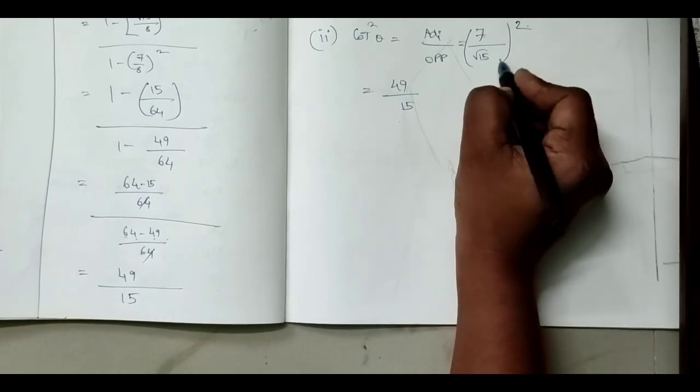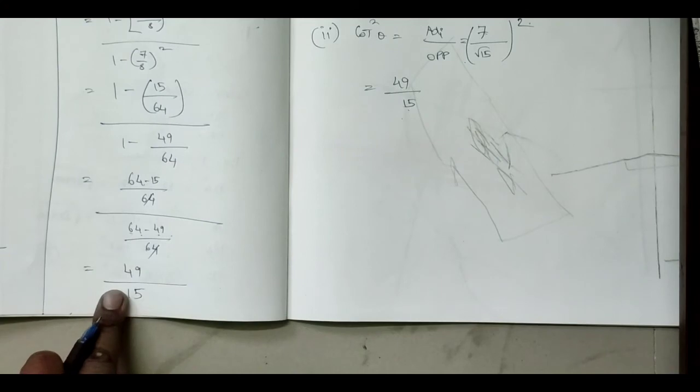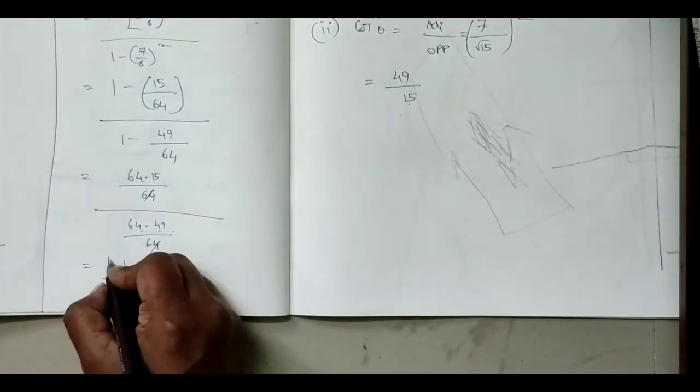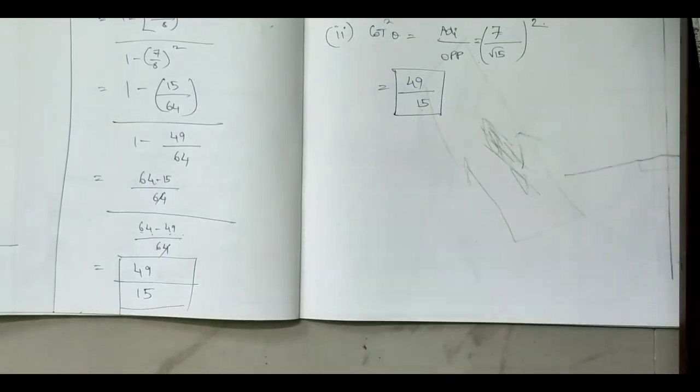Square and root will cancel and we'll get 15. So 1 and 2 are the same. The first question they gave, and the second one is going to